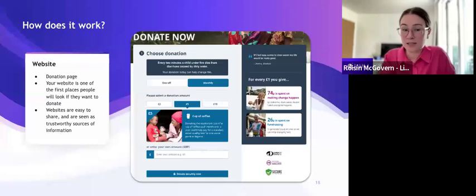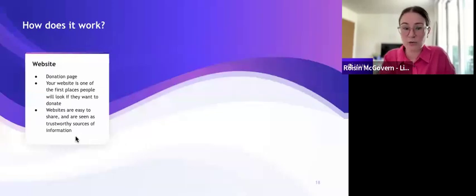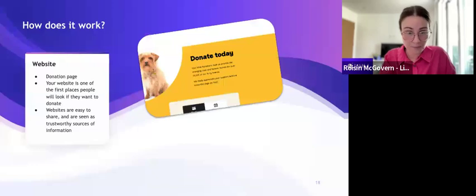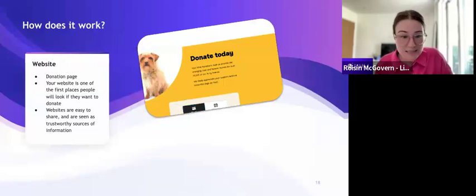We've also got a second example of this from an organization called the Dogs Trust. So this is another one. You can see a really clear language there, donate today. And it also includes visuals that really tell a story. So showcasing your most powerful and inspiring photos or video content is a really great idea as well. And also you want to include photos that are relevant to the cause area and relevant to what you're working on.